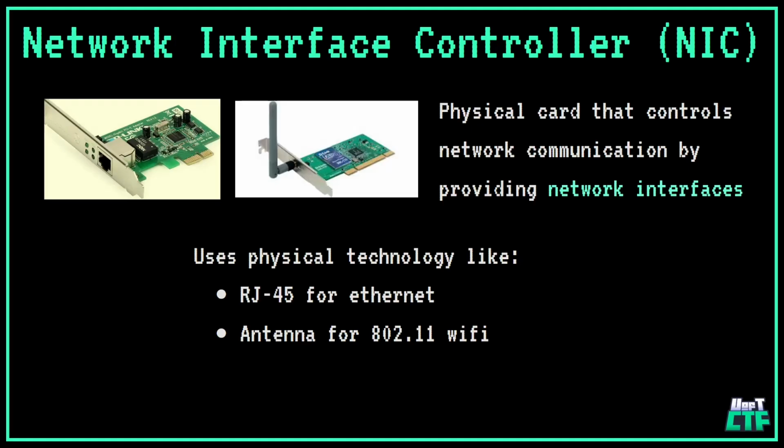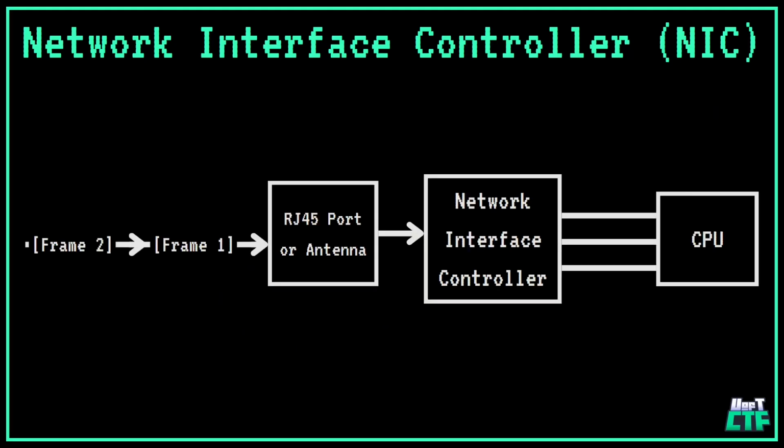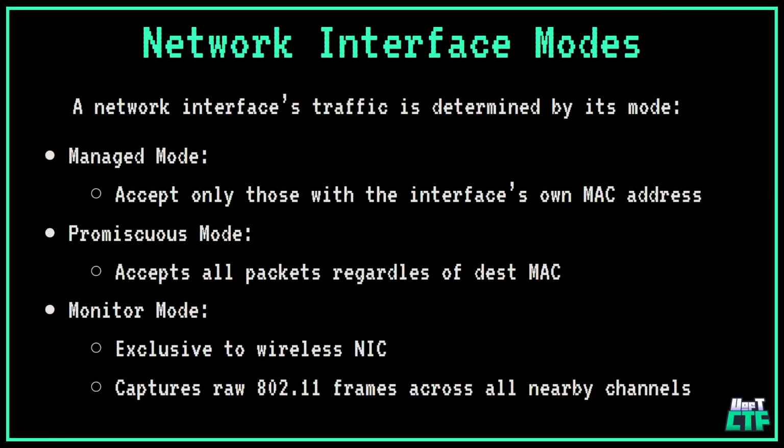Some of the technologies they use: for Ethernet, they use RJ45, that protocol, that wire, and then they use antennas for 802.11 for communicating via Wi-Fi. So if you take apart your laptop or your actual computer, you can see the cards with the expansion ports. How it works is that you have your physical interface and it's sent to your network interface controller, and that's sent to your CPU for processing. So the lower level protocols, like the Ethernet protocols, are sending it through the wire,